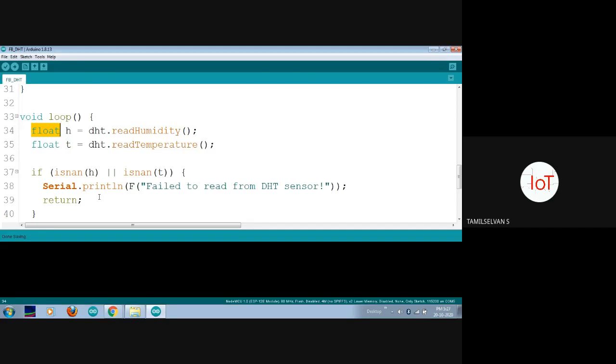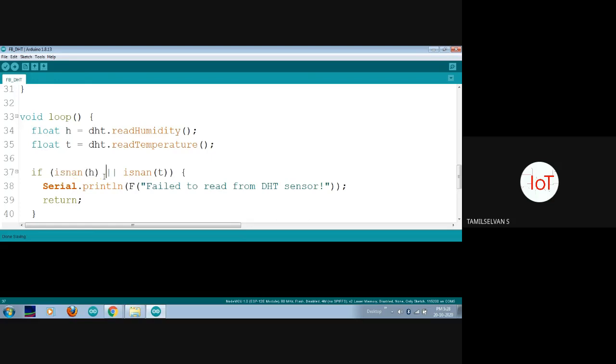This is otherwise known as edge computing, or edge IoT as we will be calling it. The required data cleaning will be done at the IoT node itself. So that is what is done here. We are checking whether it is not a number. isnan means we check whether it is not a number or not.